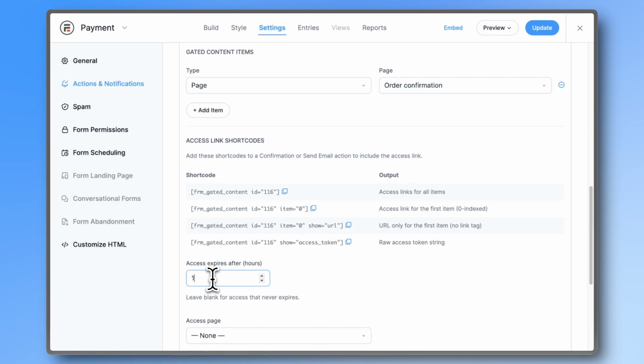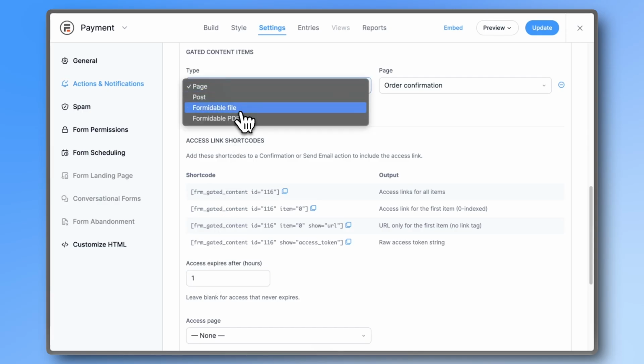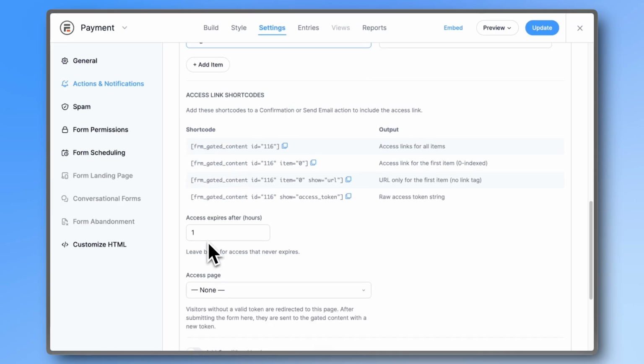If you want to set links to expire after a set number of hours, gate an uploaded file or a generated PDF, and redirect those without access,